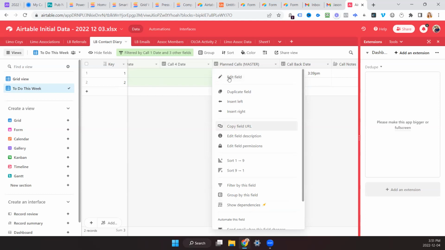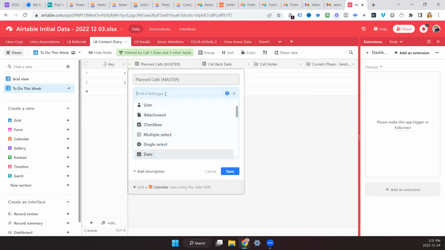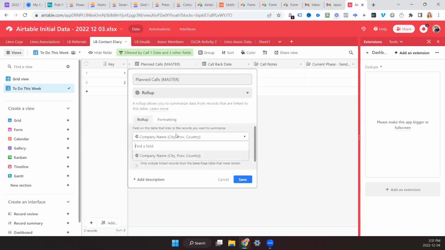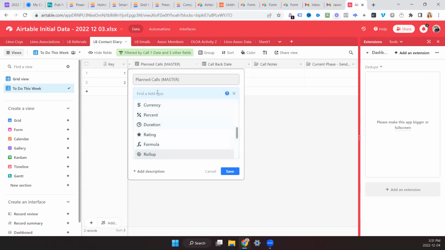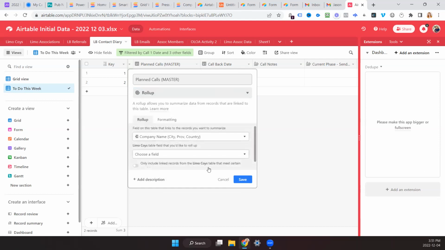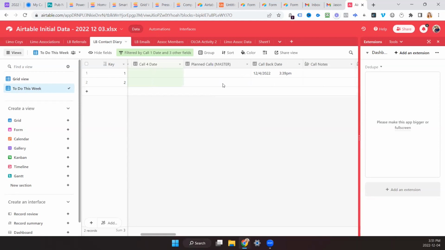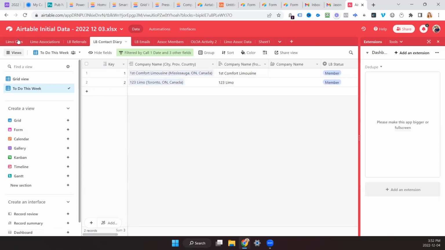I'm not entirely sure how I would do this, but it might be a roll up field. What's a roll up field? Is that counting? Yeah, so a roll up field in this case, it looks like I can't. Okay, so you have to link records, and once you link, you can look up things from that other record. You can also count things, or you can roll up max values. So as an example, limo companies, we are linked already to company name.